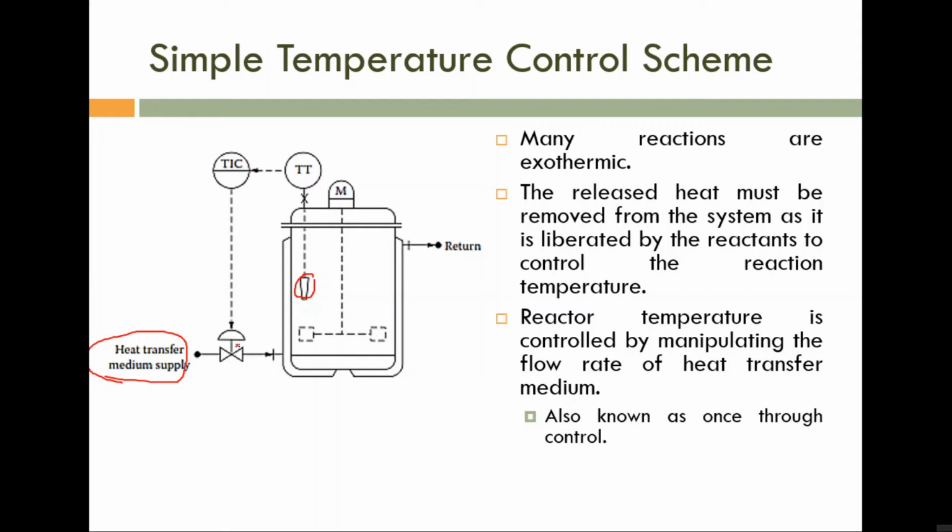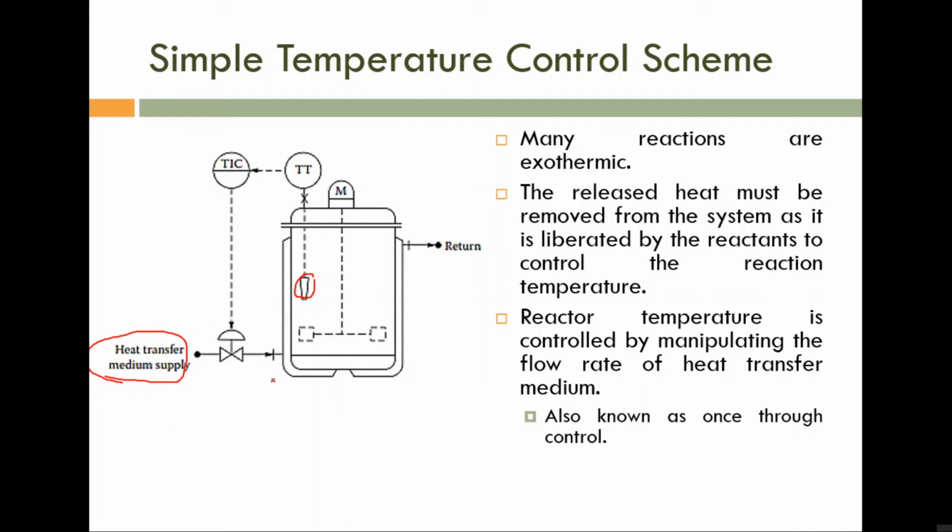Okay. The most important point is, from this diagram we can say this much. This one is an exothermic reaction, so it is liberating energy. In order to remove that energy, a heat transfer medium is used whose flow rate is manipulated by the TIC with respect to the temperature measurement. If more energy is liberated, the temperature measurement is higher, so the TIC will try to increase the flow rate of the heat transfer medium.